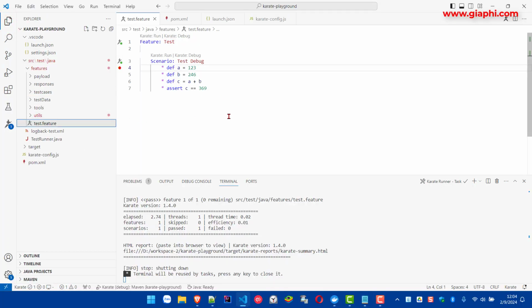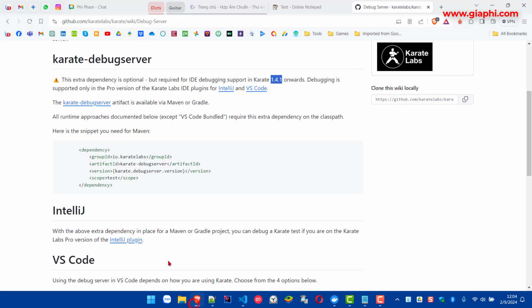Hello everyone, today I'm going to show you how to debug in Visual Studio Code with Karate Framework. So let's take a look at this documentation here. It says debugging is supported only in the Pro version of the Karate Labs IDE plugins for IntelliJ and VS Code. Which means that, okay, you have to pay some money in order to debug with Karate Framework in